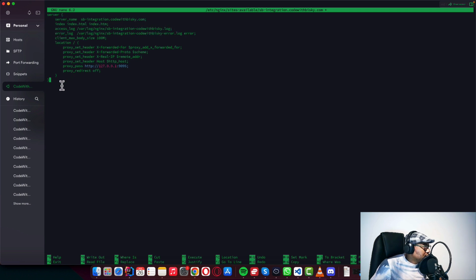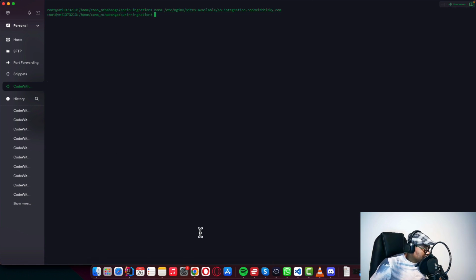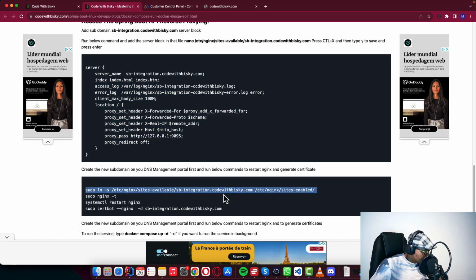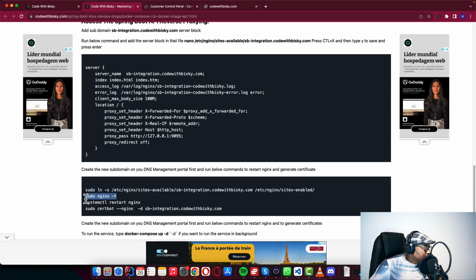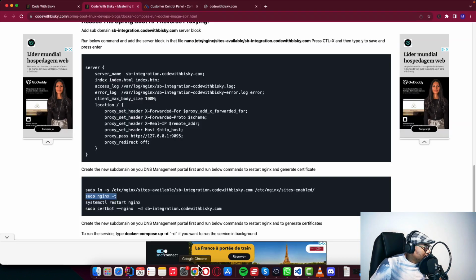After doing this, we can just press Ctrl X and then save, and we can add this into our sites-enabled so it becomes part of Nginx. After doing that, we check if there is any error from the file that we edited. So far everything is okay, and we want to restart Nginx. But before I restart Nginx, I want to create this